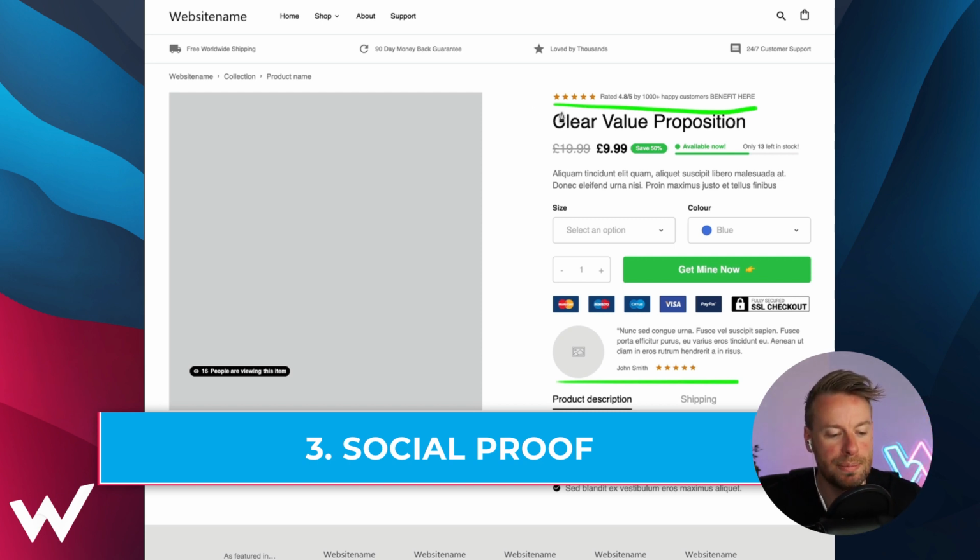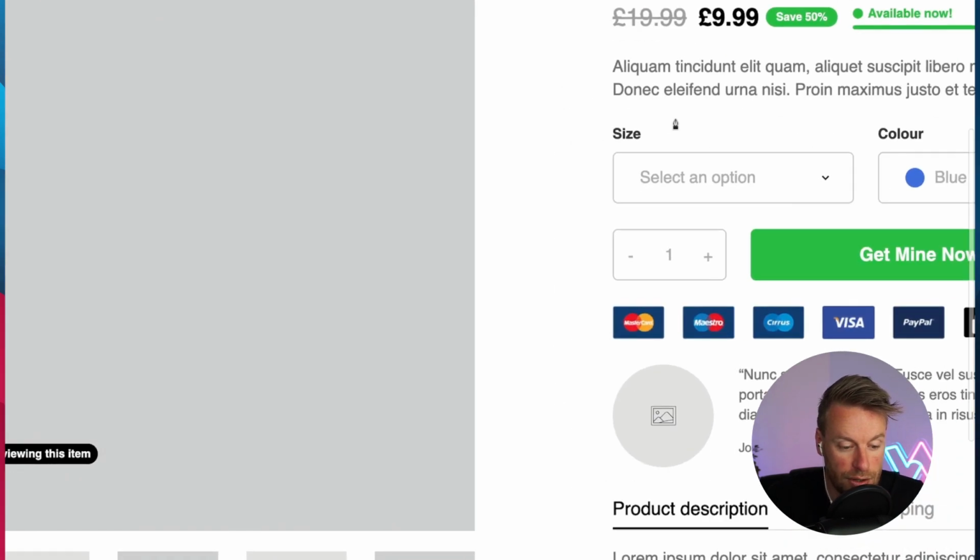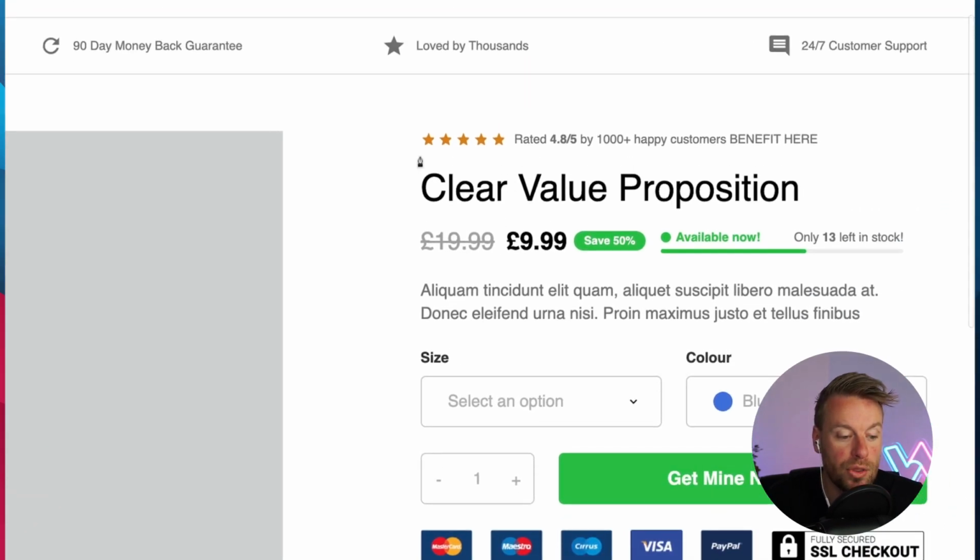Typically, people read pages left to right. So you kind of want to go, this is getting a little bit technical, but you want them to see this section first, then they go here, and then they go here. So having that social proof top right really works. And what do I mean by social proof? Well, it's reviews. But if we zoom in on this review, you'll notice that it's far more than just